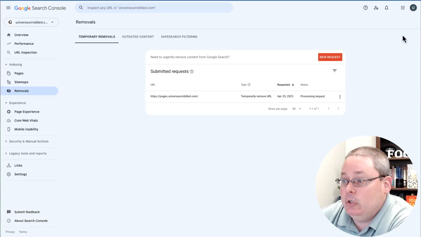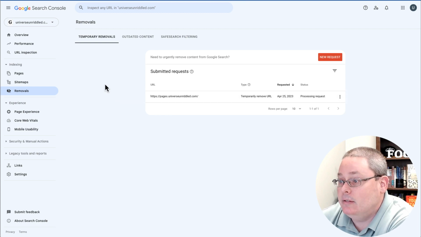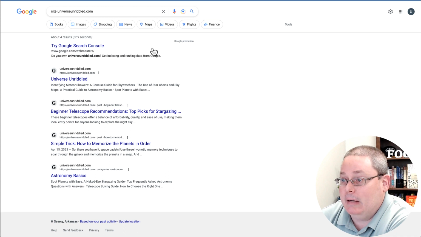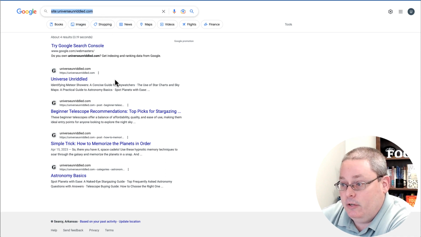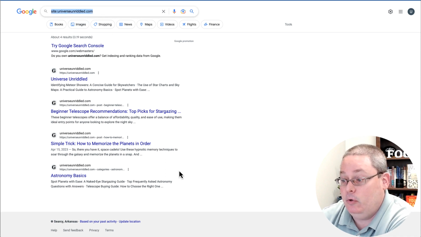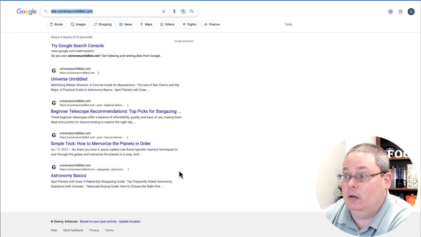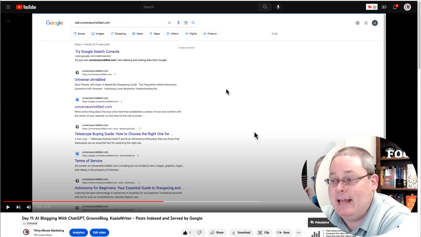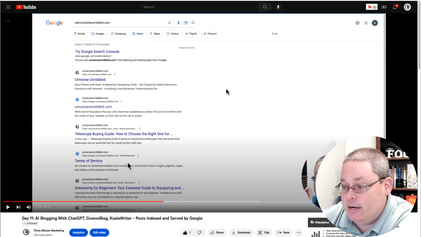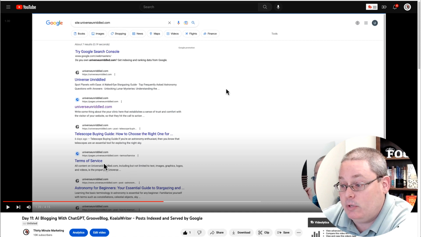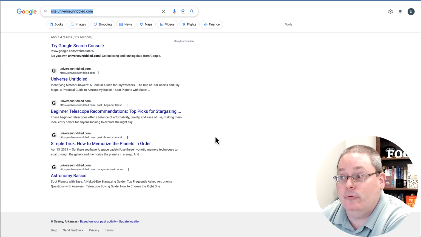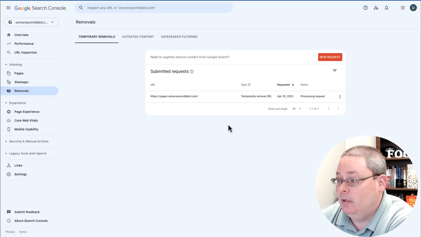Back inside of the Google Search Console, we had submitted this page for removal. I went back to Google and searched the site. You can see here that page has been removed, but it also removed all the other pages. When we go back to the day 11 video, you can see we had pages, so terms of service, but now even the terms of service is not being served up, because we have said